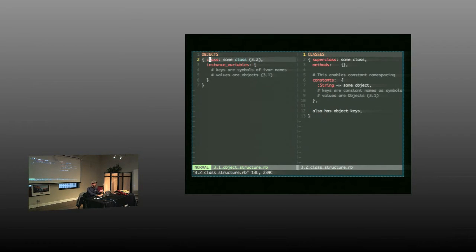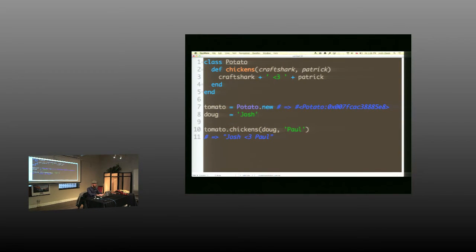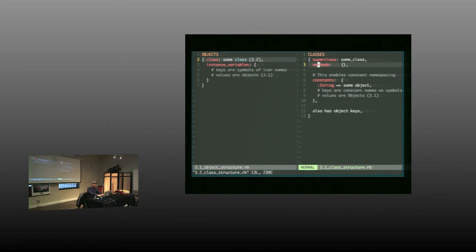And so it's going to go follow the class to get to the potato, where it will look for the instance methods, where we'll find that we have chickens. Okay? So that's the key in the methods hash right here.